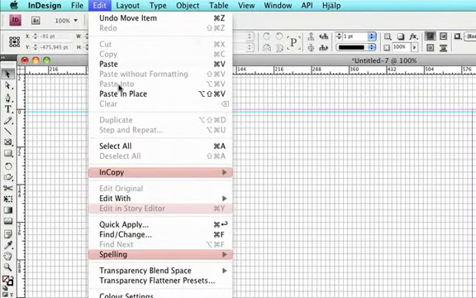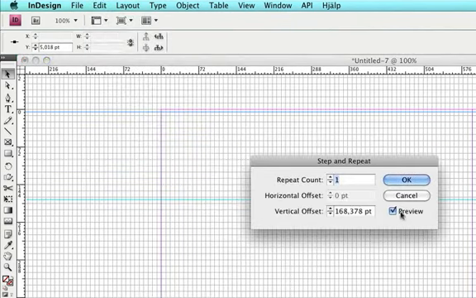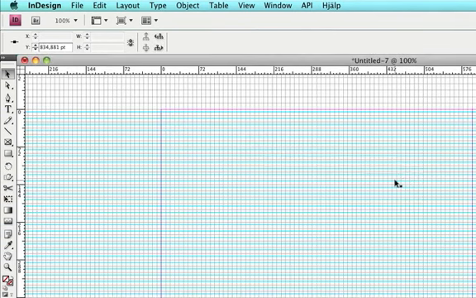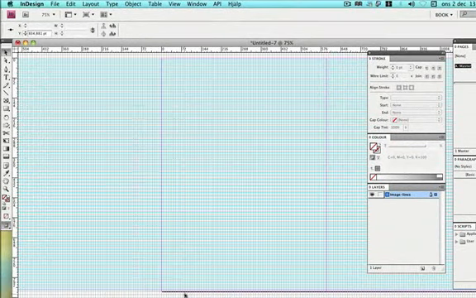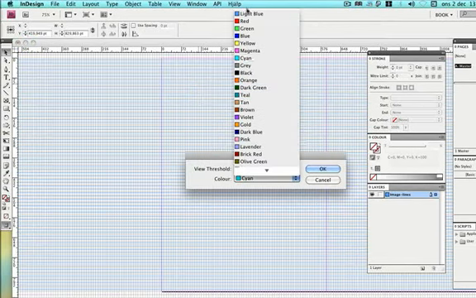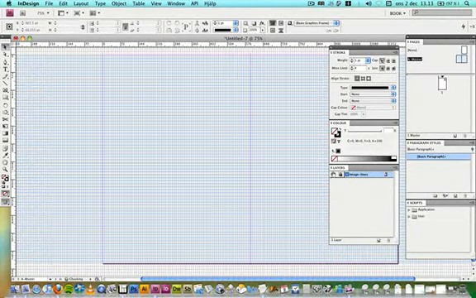Because now let's go to Edit, make sure that the guide is selected, and go to Edit, Step and Repeat, and paste that correct leading there in the vertical offset field, and enter 69, press Preview, and hit OK. I'm just going to change the color of these guides by making sure that all of them are selected. Go to Ruler Guide, and then I'm going to set it to light blue. Let's lock the image lines,